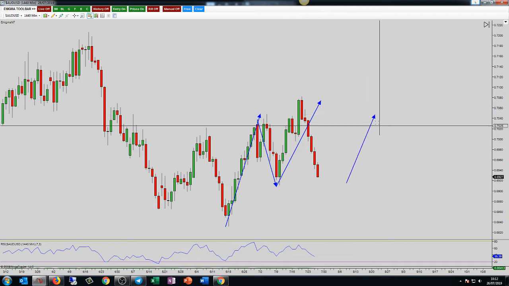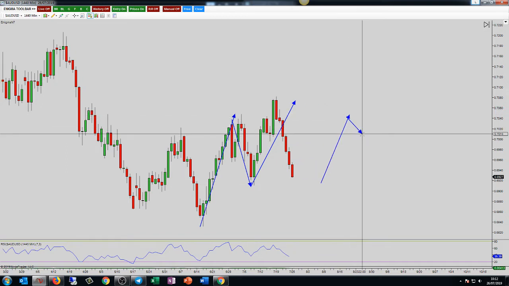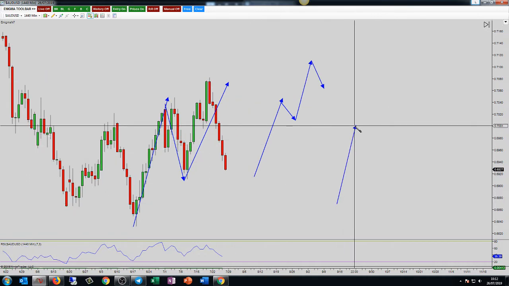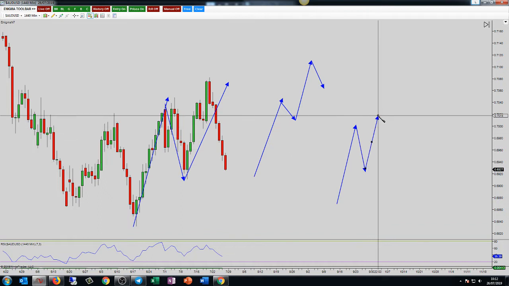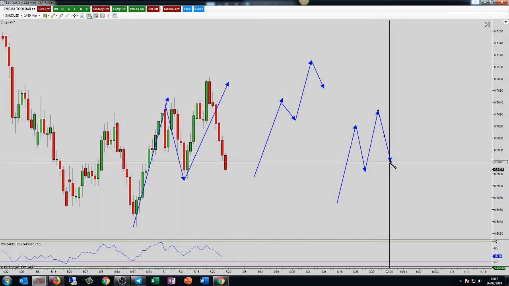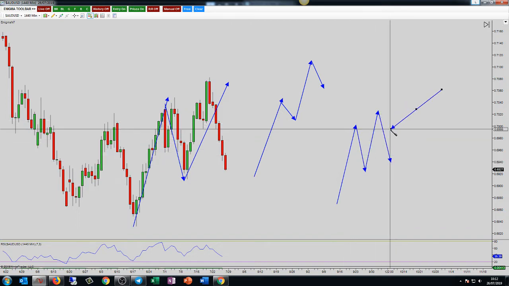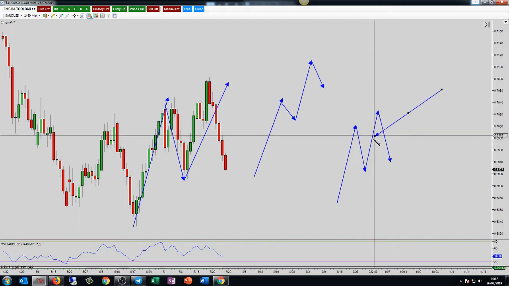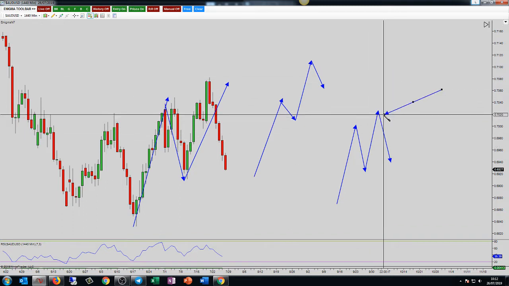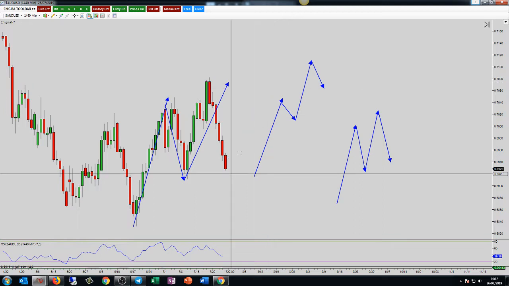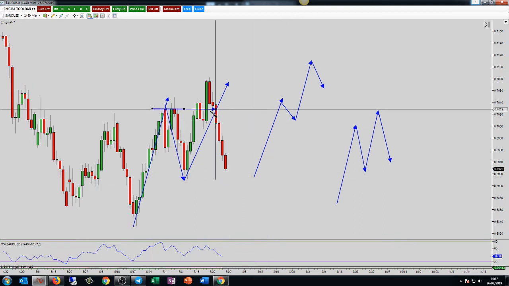Please remember, and a repetition here guys, to remember things: long extensions, small pullbacks. When we see extensions and quite deep pullbacks, and we only just make a new extension and we're seeing deep pullbacks, these are the type of trend continuation opportunities you want to be more cautious of, because this here is a sign that there's not enough buyers to push the market higher, and we tend to see then the sellers kicking in and push the market lower. So this is a lower probability of going up to retest the highs. In actual fact, if you were to get involved, targets for me would be just here on the left shoulder.